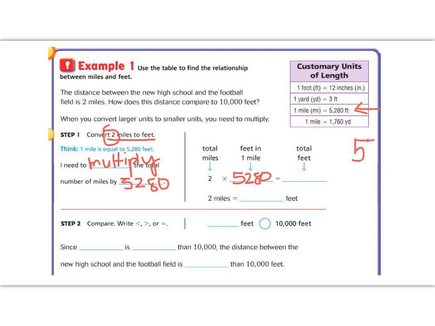So 5,280 times 2. So 2 times 0 is 0, 2 times 8 is 16, 2 times 2 is 4, plus 1 is 5, and 2 times 5 is 10. So we get 10,560. So 2 miles is